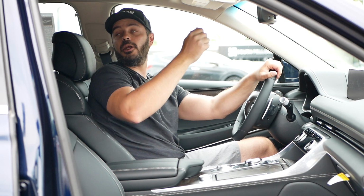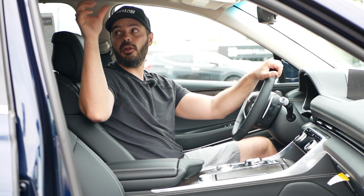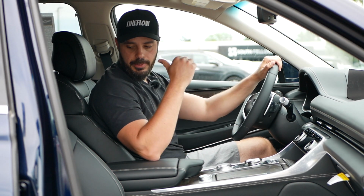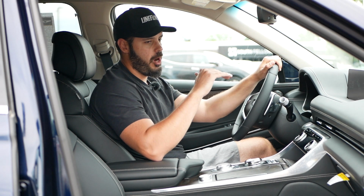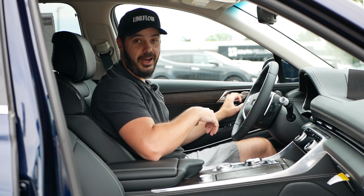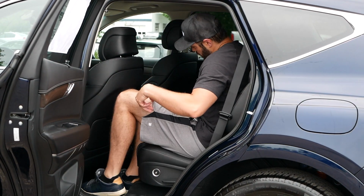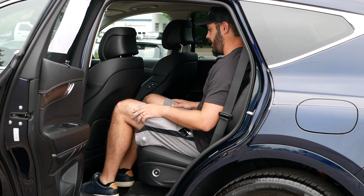I'm gonna keep these closed for now, but we do have a separation for it right in the middle of the two screens. With that said, let's jump into the back seat. I don't think I'm gonna have a problem sitting behind my own driving position at 6'1", but we need to find out. All right, so jumping into the back seat behind myself, and I'm 6'1",